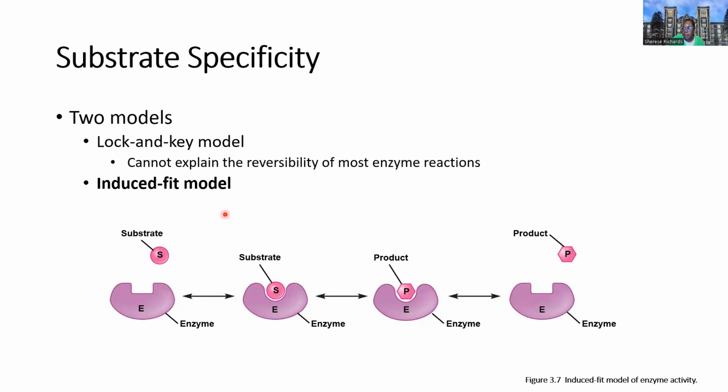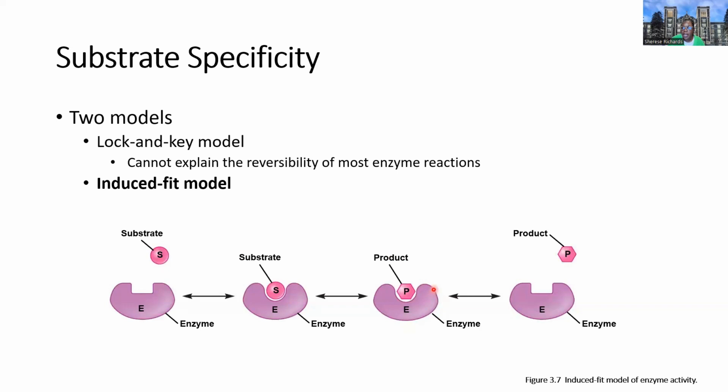The second model, or theory, here is the induced fit model. And this one is a little bit more plausible. It's a little bit more believable. It explains that the enzyme has the activation site, which is the spot for the substrate, and it can shapeshift. So the activation site can be modified to induce a fit to the substrate. So here's our enzyme, which has been modified. The activation site can now bind specifically to the substrate, and then the reaction can proceed and create the product